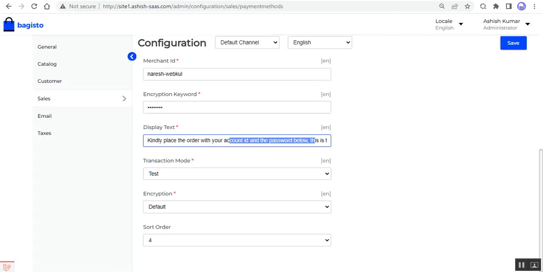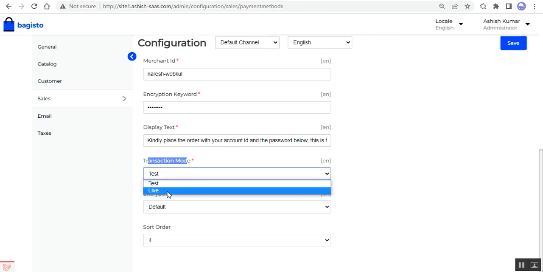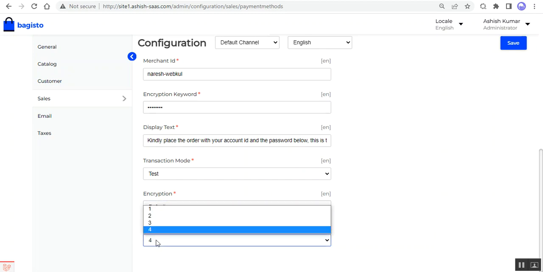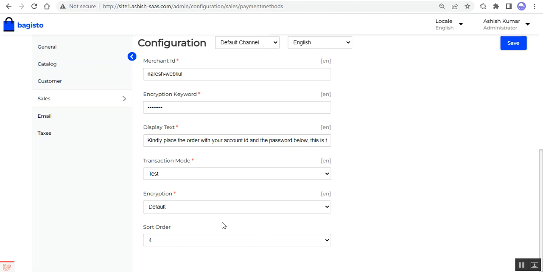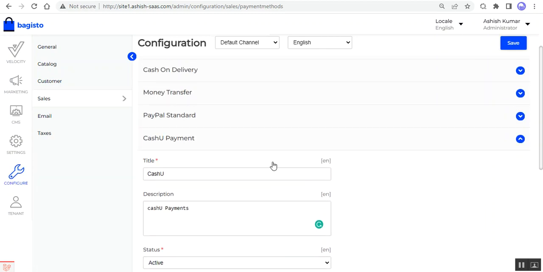This is the test environment. Then you have to choose the transaction mode, whether it's in the test or the development mode or live or the production mode there. And then you have to choose the encryption as default encryption or enhanced encryption as per your own requirement there. And then you can set the sort order for this particular payment method, and accordingly the payment method would be listed under the payment methods there according to the sort order that you have set here. And lastly, you just need to tap here on the save button to save the initial configuration settings at the